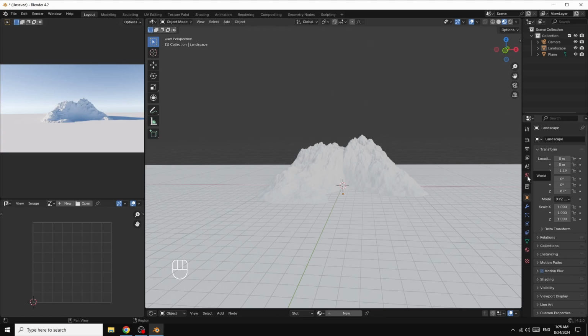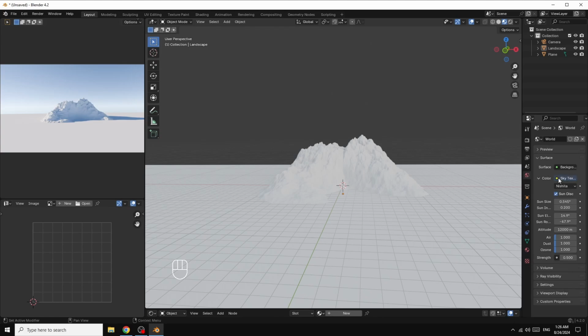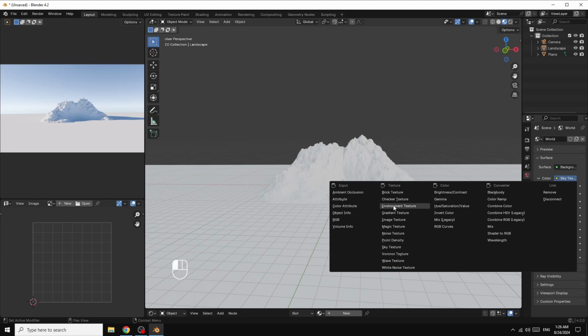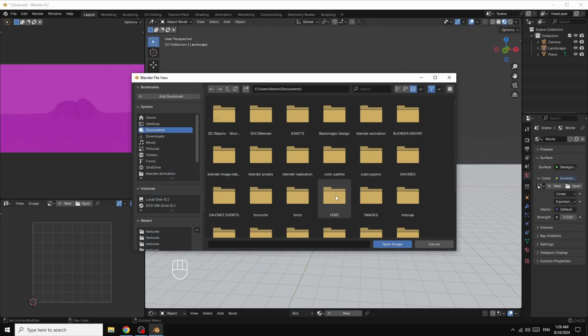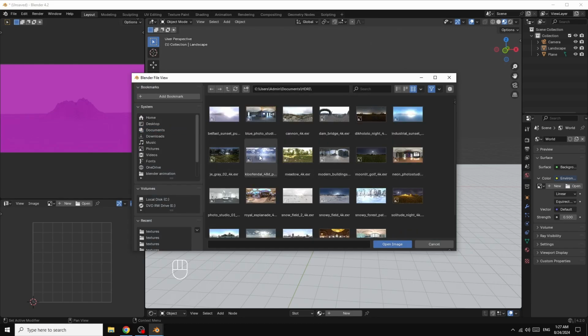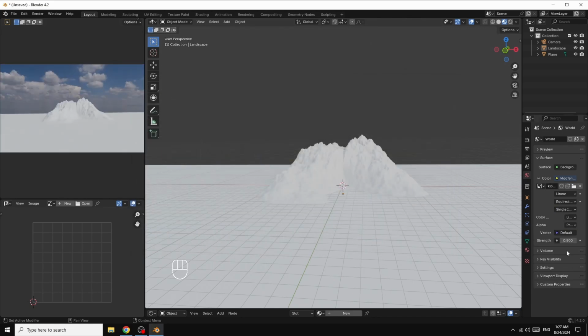I go here in world properties. Here I use just a sky texture, so select this yellow point and go here in environment texture. I open the HDRI on my computer and I select this. I make it maybe just like this. Okay, now